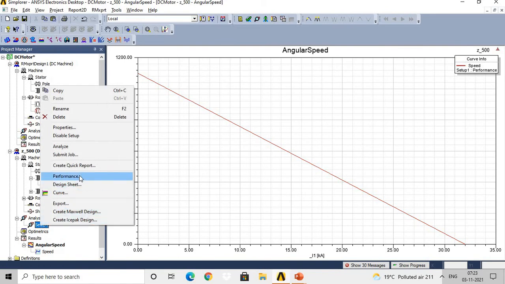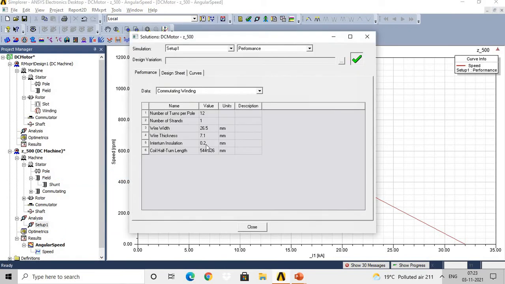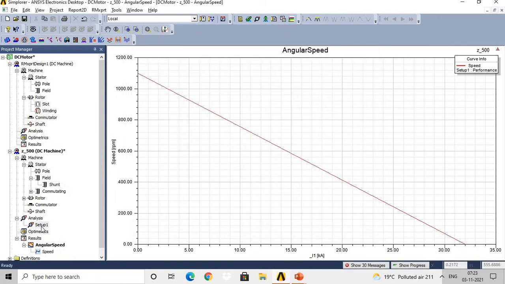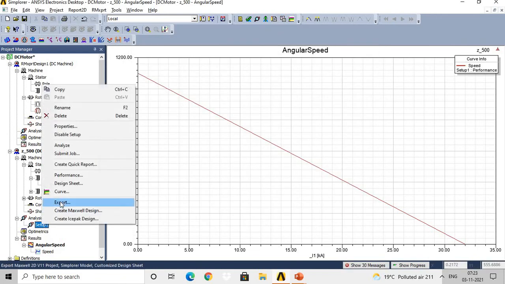Once you analyze your design, then different options are available. So accordingly you can directly select. Then apart from that, if you are interested in the curves or performance curve or design sheet, then you can select accordingly.